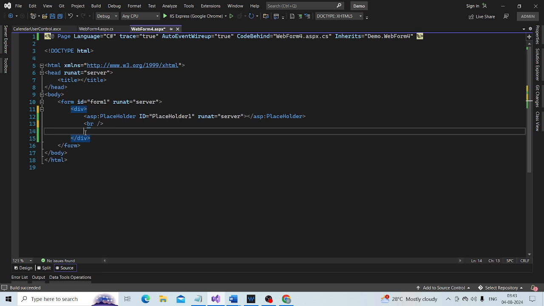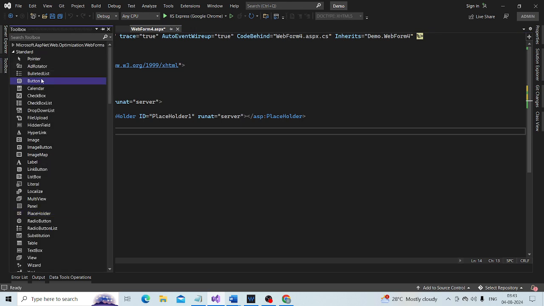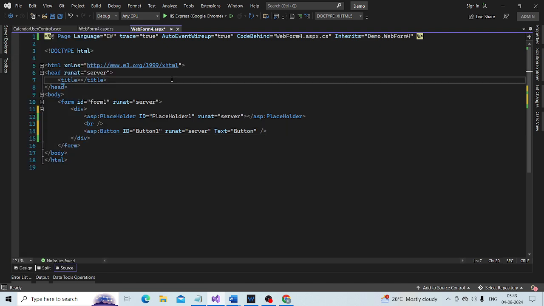And let me drag and drop a button control onto the web form. Where is the button? Button is here.